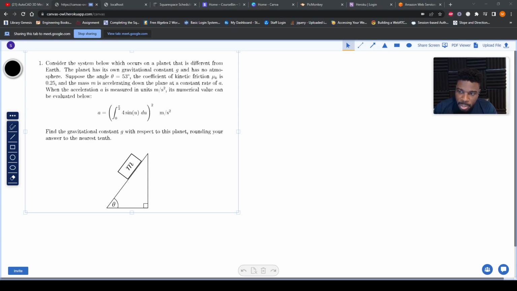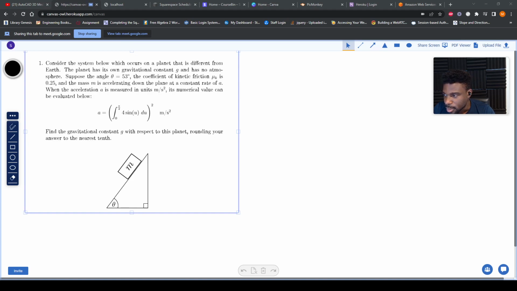So the first problem that we're going to focus on here is a gravitational problem. The problem reads, consider the system below, which occurs on a planet that is different from the Earth. The planet has its own gravitational constant g and has no atmosphere. Suppose the angle theta is equal to 53 degrees. The coefficient of kinetic friction, mu k, is 0.25, and the mass m is accelerating down the plane at a